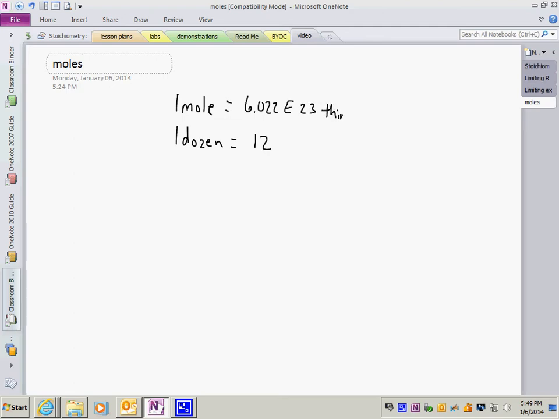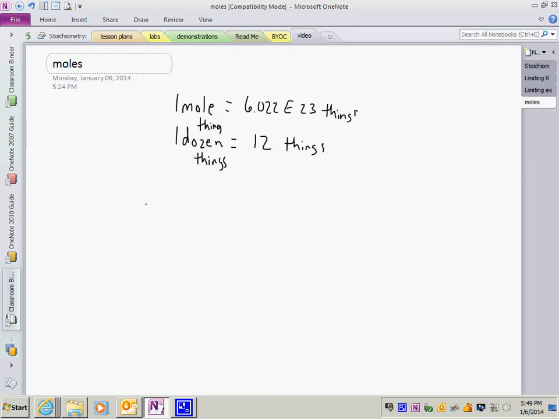And I put "things" in here. This is also things. This is also a dozen things. It doesn't matter what you're measuring. You could have a mole of donuts, and you could calculate out how long it would take you to eat a mole of donuts. But either way,